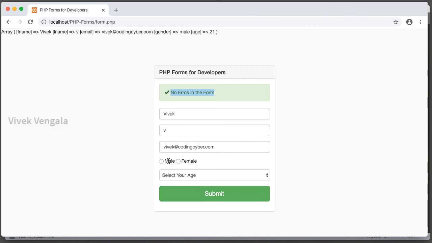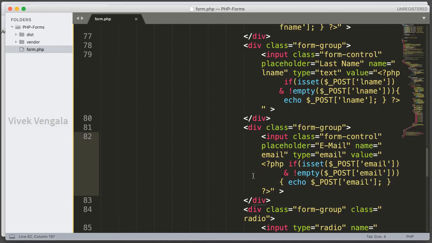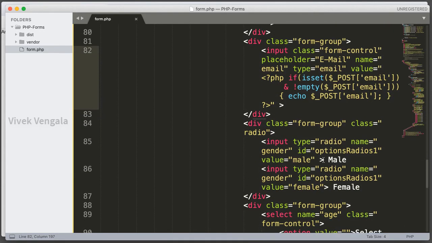And next, for the radio buttons and select drop down list, I have to follow a different method. Here we should add an if condition. If this post superglobal gender value is male, we'll echo checked here. Otherwise, if the value is equal to female, then we'll echo checked here.